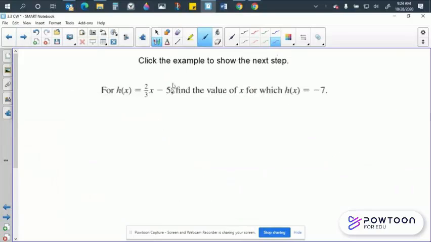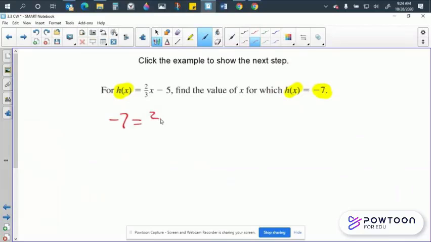Now, in this case, we're finding when h of x equals negative 7. This is not substituting negative 7 in for x. Rather, this is substituting negative 7 in for the h of x, which would be right here. So now we're finding